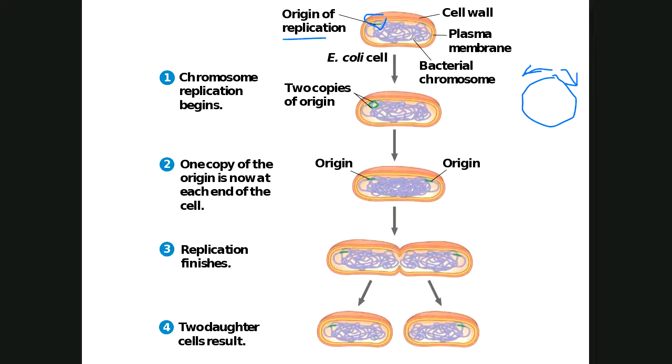Notice, though, again, that Mother Nature being so efficient, while we're finishing up copying of the chromosomes in number 3, the cell is already beginning to divide itself. The cell doesn't wait around. We're going to see that again in eukaryotic cells, too. So as the chromosomes are settling down and their copies are being made, and they're finding themselves in opposite ends of the cell so they can be divided, the actual physical cell is starting to divide, too. It's a very efficient process. And then eventually those cells pinch in half and we have 2.